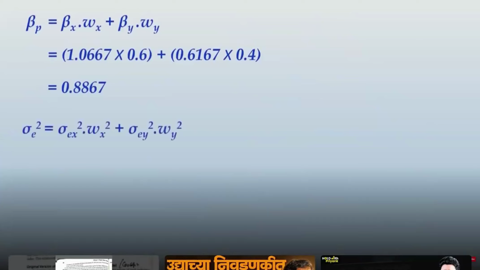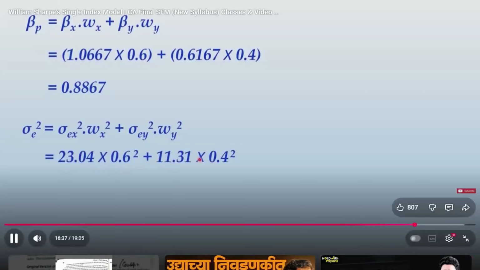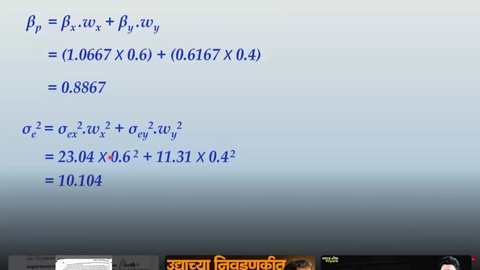इसके बाद the error term, unsystematic risk of portfolio के लिए आपको मालूम है हमें क्या करना है। We have to consider unsystematic risk of X into weight of X squared, unsystematic risk of Y into weight of Y squared। जब ये कैलकुलेशन हम करते हैं, ये दोनों स्क्वायर्ड फॉर्म में यानी वेरिएंस फॉर्म में कैलकुलेशन आपके पास ऑलरेडी थे और हमने इनके वेट्स के स्क्वायर्ड वैल्यूज को रिस्पेक्टिवली मल्टीप्लाई किया है, and we get sigma e squared, that is पोर्टफोलियो का अनसिस्टमैटिक रिस्क using William Sharpe's single index model, that comes to 10.104. ऑलराइट फ्रेंड्स लेट अस मूव अहेड।